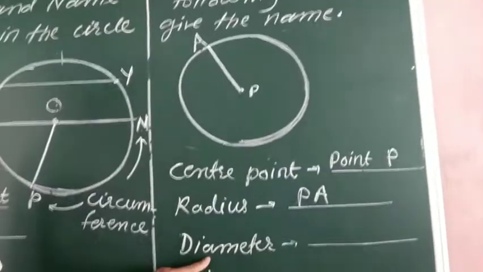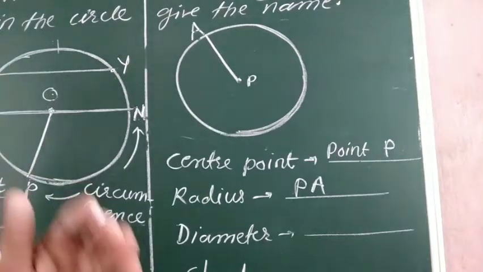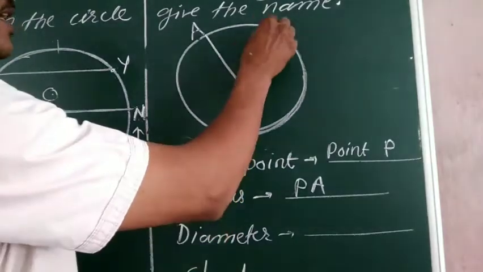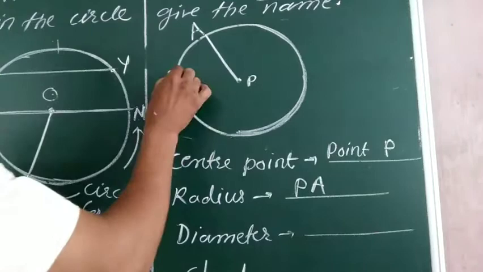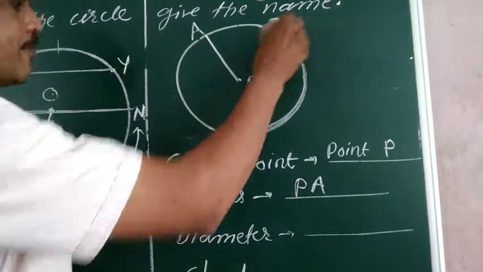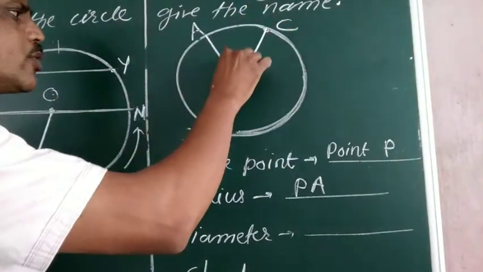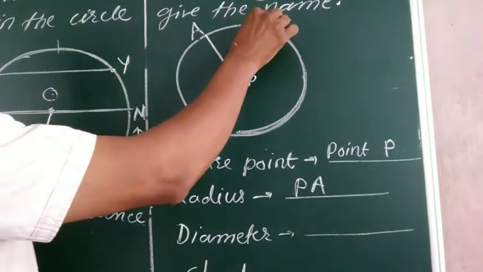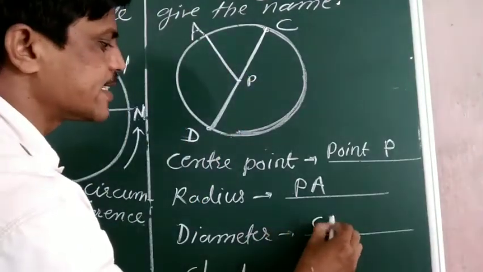And then we have to draw diameter. So see, what is diameter? Once again I repeat, diameter is a line segment which joins 2 points on the circle and passes through the center. Anyway you can draw like this, like this, like this, but it should join these 2 points and then it should pass through the center. So आइए, suppose this is one point C and this is one point D. Now see, it joins these 2 points C and D and it passes through the center.